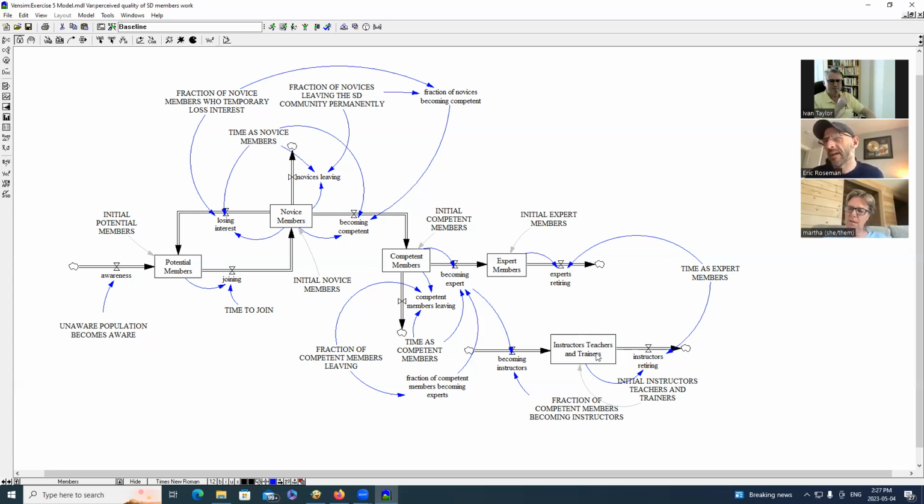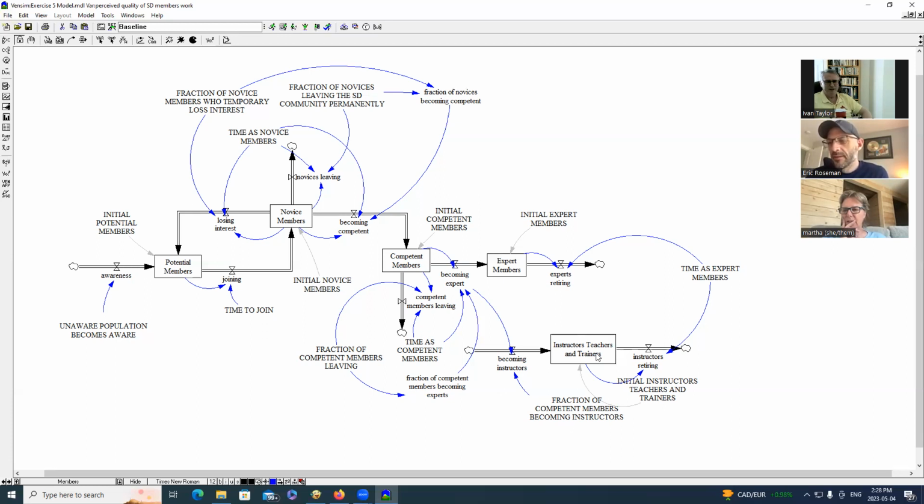Is that a type of co-flow? Because a certain fraction of becoming experts are actually just leaving. Is that different than a co-flow? Well, no, I think that's a flow. It's not a co-flow. A co-flow is basically where the same people are in two places at the same time. Okay. Whereas a regular flow is what they call